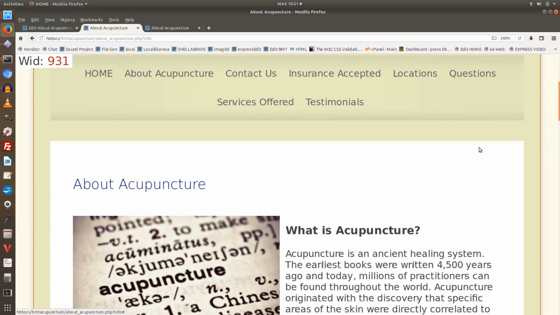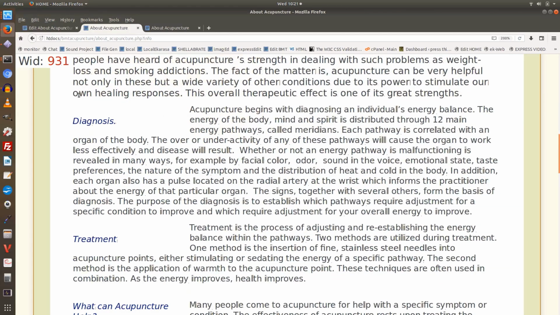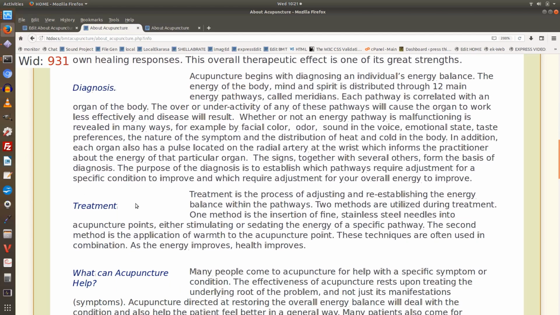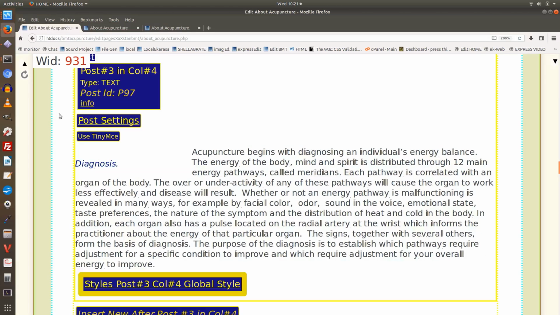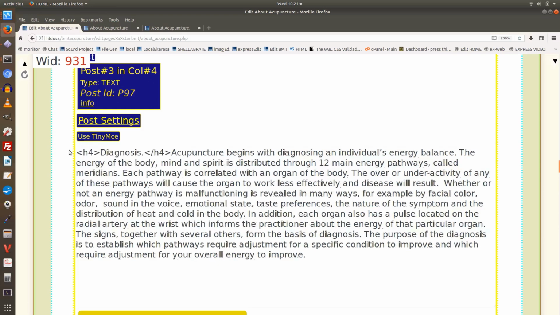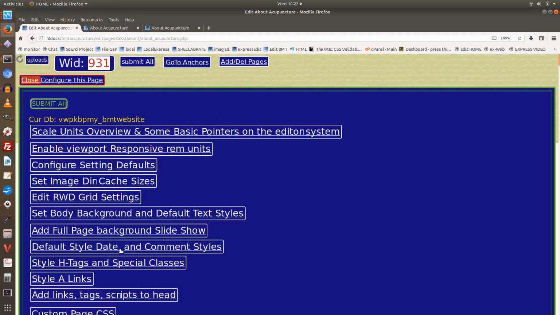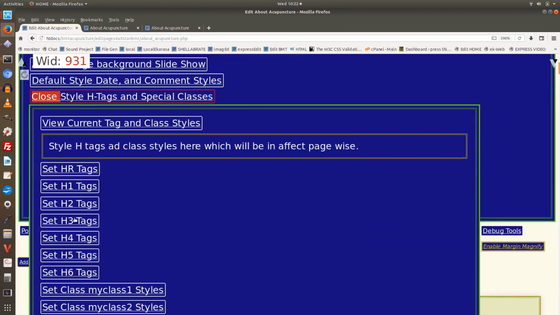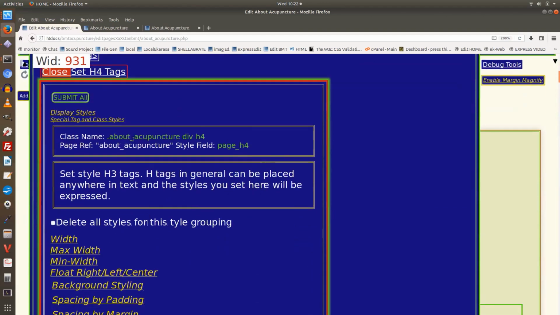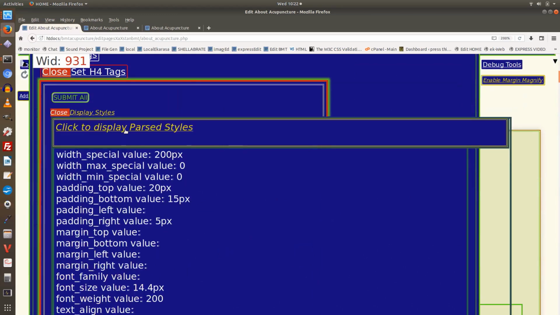So on the BMT acupuncture page, we used special classes to make this indented title feature. If we go to the edit pages, we see it's an H4 tag. And if we go up, we did it under the style H tags and special classes, and if we go to H4 tags, here we can hit the display styles and we get the parsed values